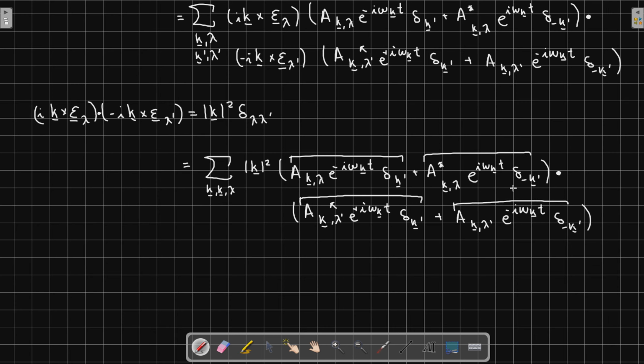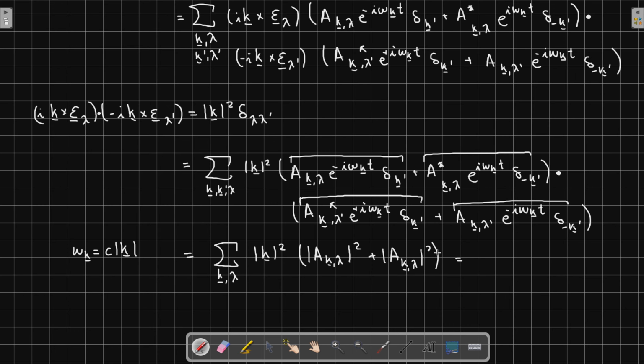So, for example, these two and these two. And again, when we sum over all the k primes, the only ones that survive are the ones corresponding to a given k. So we get the sum over k and lambda of k squared times modulus of a k lambda squared plus a k lambda squared. Okay, so this is equal to, now here we can use another identity,